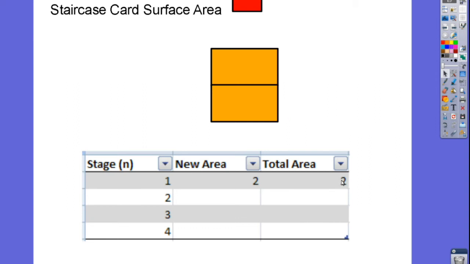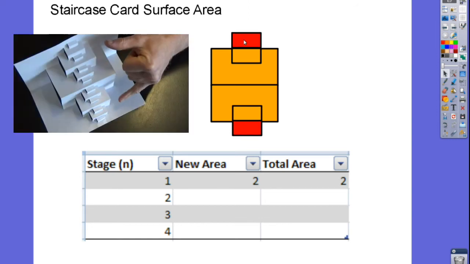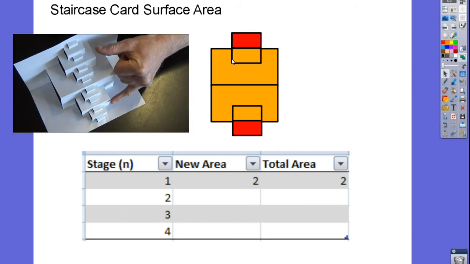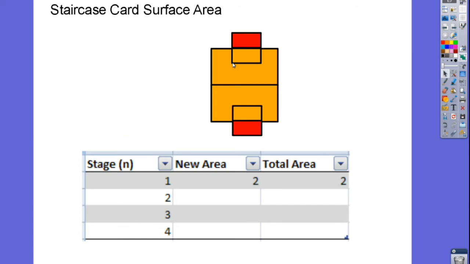Let's take a look at what happens when we go to a stage 2 card and fold out those cells. As you know from looking at your staircase card, at stage 2 you have 2 new cells popping out of the page. But how much new surface area are we actually getting from those cells? You can see that some of the surface area that's used for making those cells has already been counted at stage 1. So really the only new surface area that we're generating here is represented by the red rectangles,